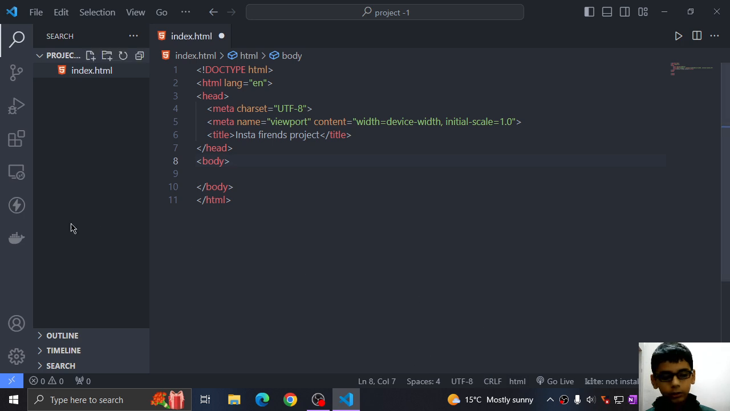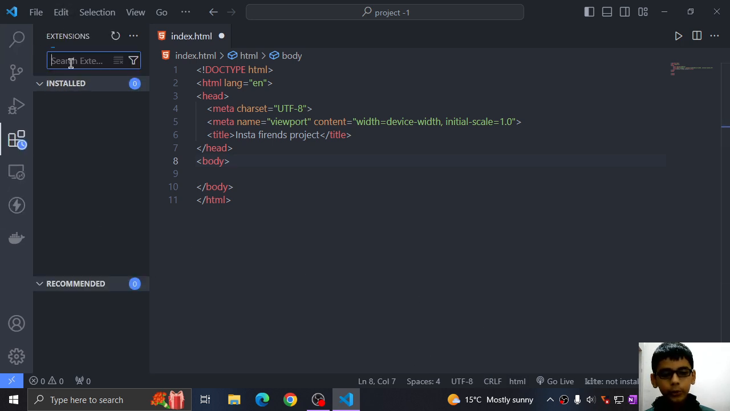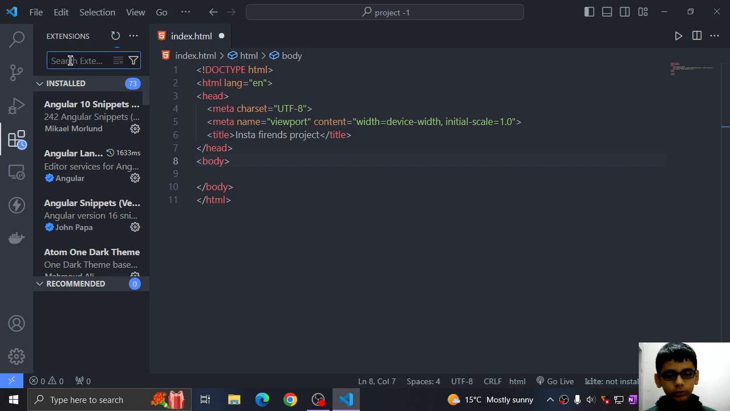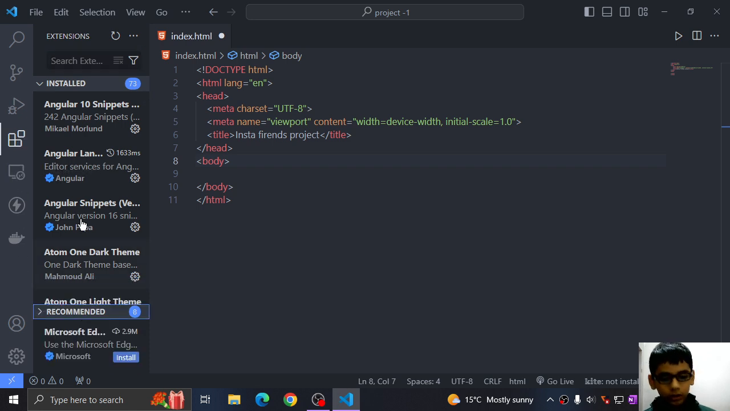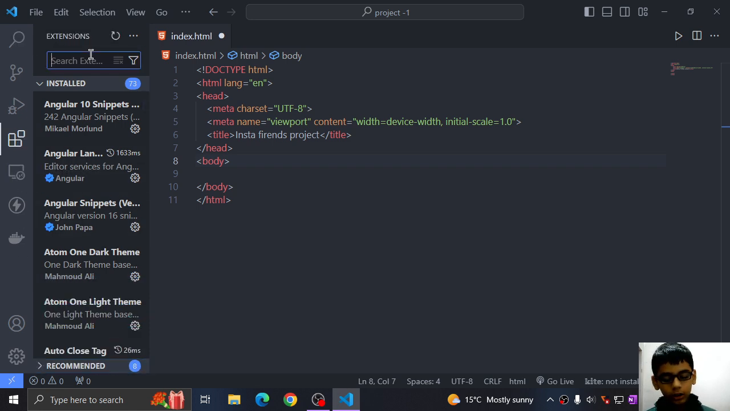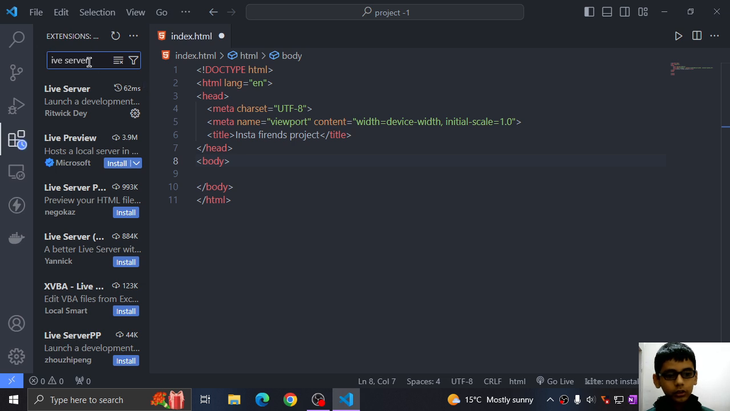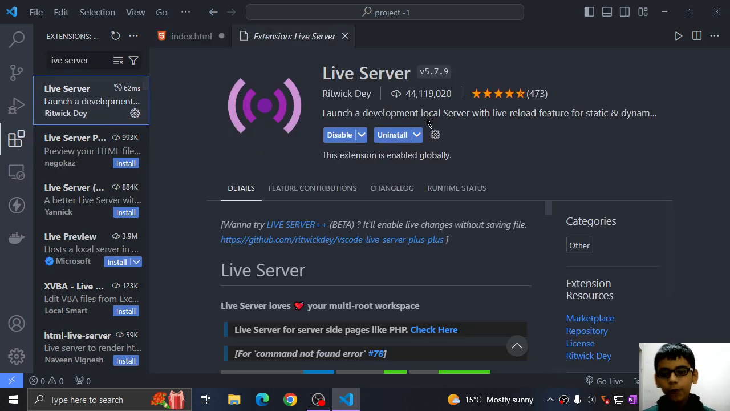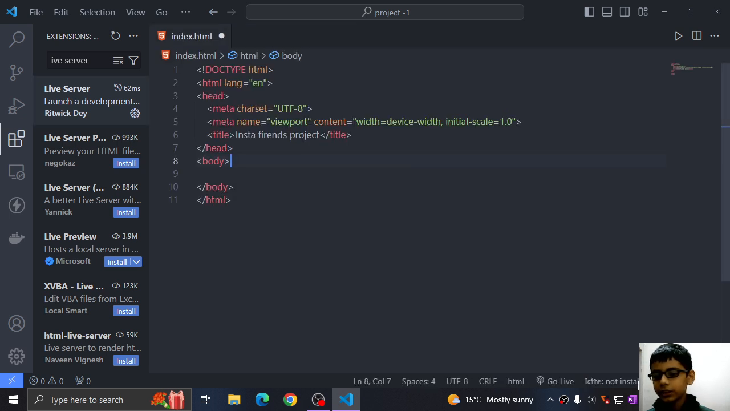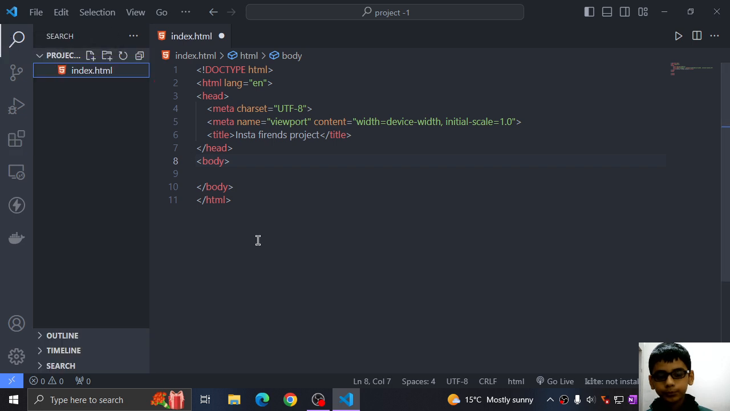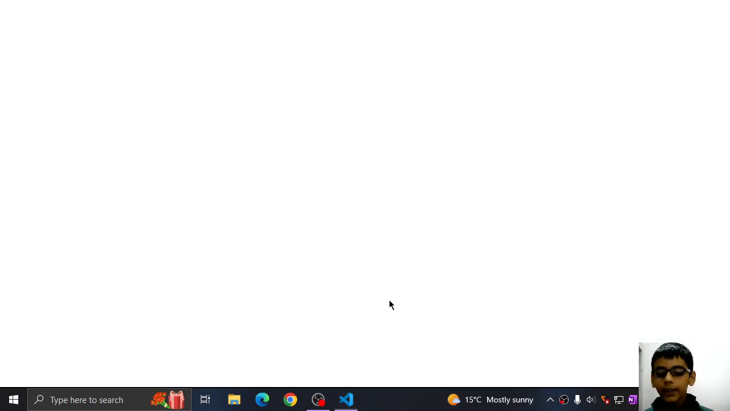So I have installed the extension. You can go to extensions and search for Live Server. You have to install this extension. So you will see this Go Live button, and when you click on this button, it will say starting, and it will automatically open a web page